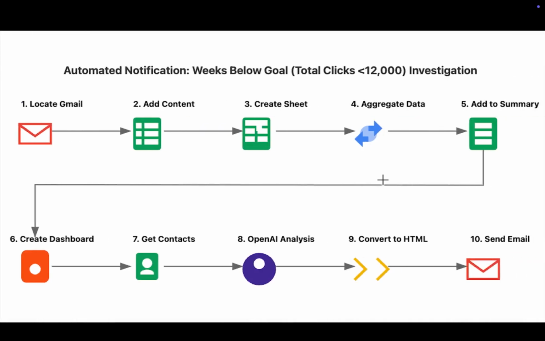So to start, I'm just going to show this diagram showing the process of what's being done and exactly what we're trying to do with this process. This process is looking to investigate weeks where the total clicks on a page were below 12,000, and then also look into ways to fix that based off an internal company contact list and to contact the correct